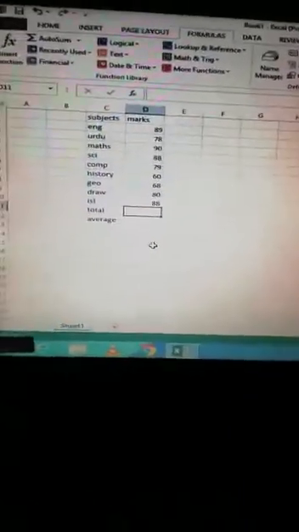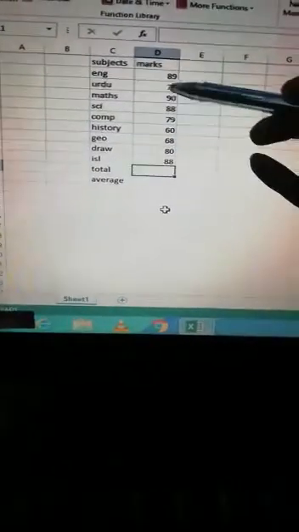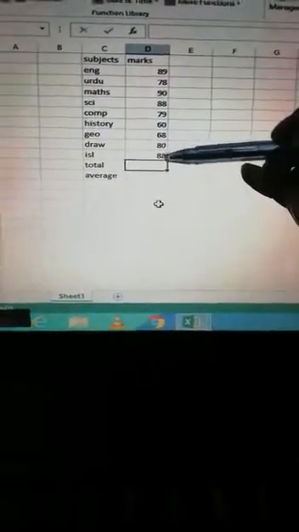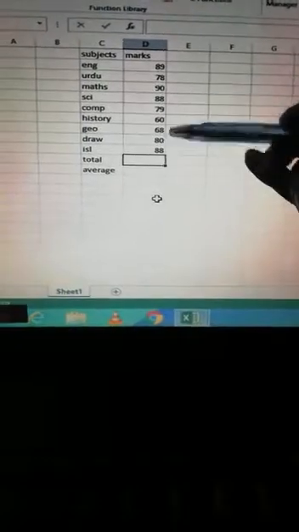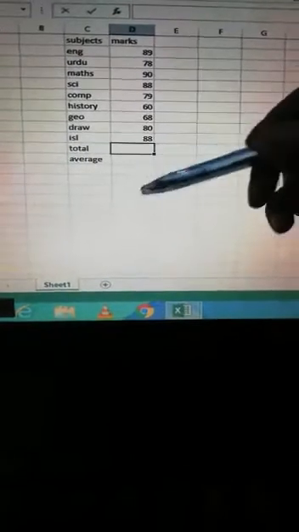Look students, I already wrote all the subjects, and these are my assumed marks. You can write your marks, and if you don't remember them, you can write any numbers. Basically we have to use the AutoSum feature.